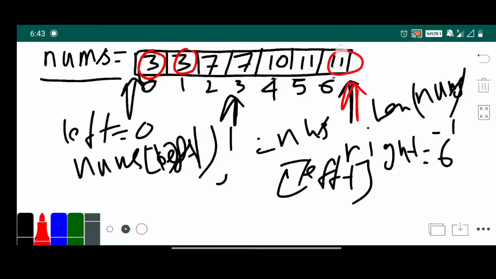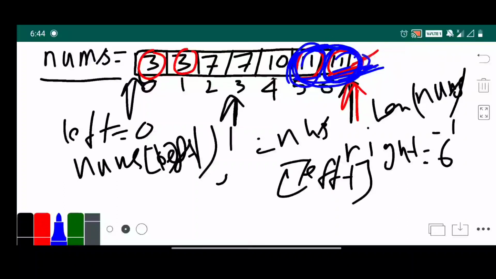Now we move to the right pointer and check the same. Our right is pointing to index 6, that value is 11, and the consecutive value of the right pointer is also equal. So nums[6] is pointing to 11 and nums[6 minus 1], that is index 5, is also pointing to 11. So both values are the same, so we can't return anything. As you can see, if both values are not equal, then we would simply return the nums[right] value. But here both are the same.